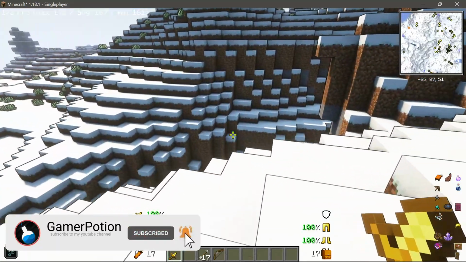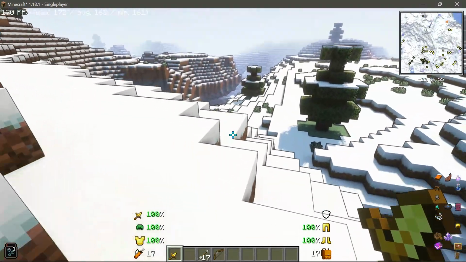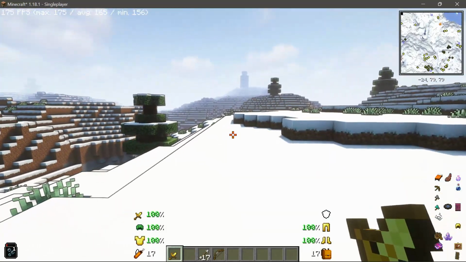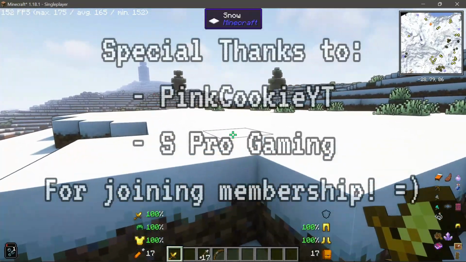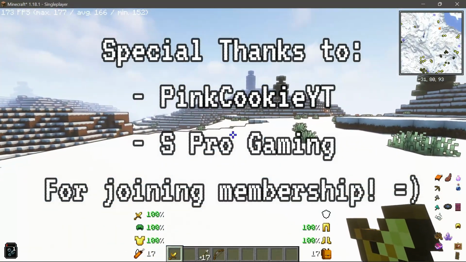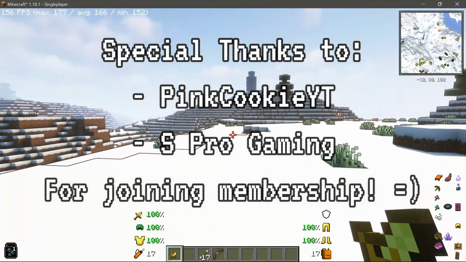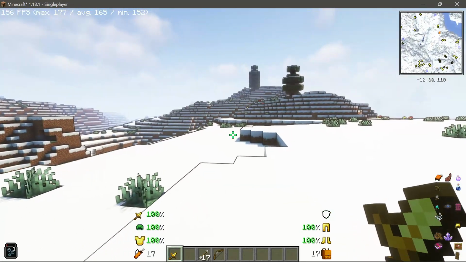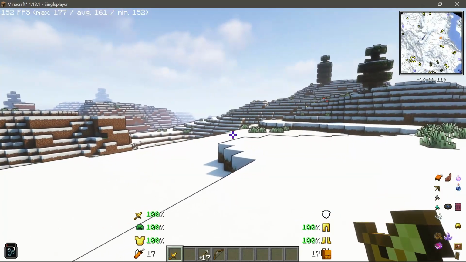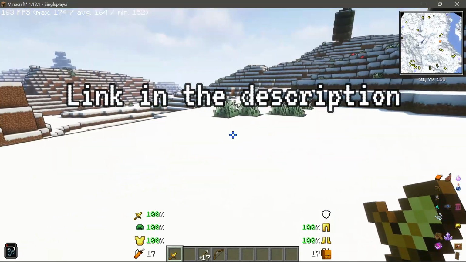If you guys have never used mods on Minecraft before, or you're just getting into mods on Minecraft, then I think you guys should definitely check out some of these mods. They are really cool and really useful as well to get you started into the modding world in Minecraft Java Edition. So let's go ahead and take a look at the top 10 best essential Fabric mods for Minecraft Java